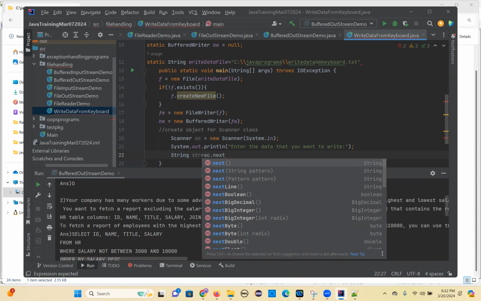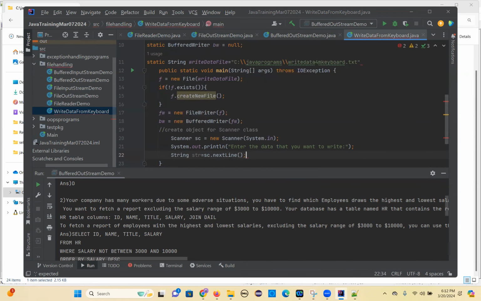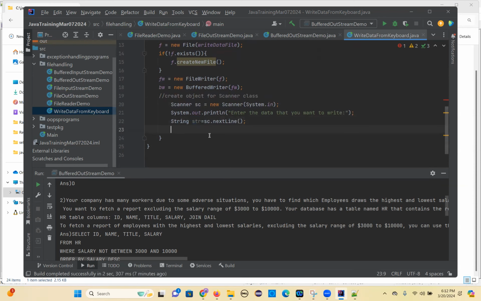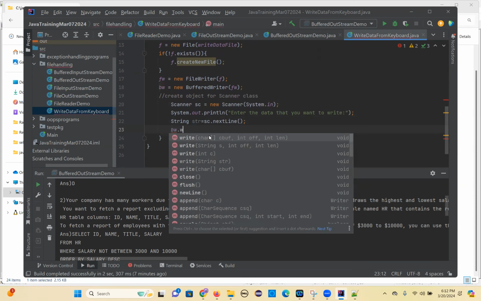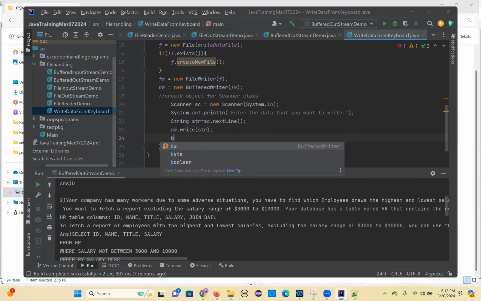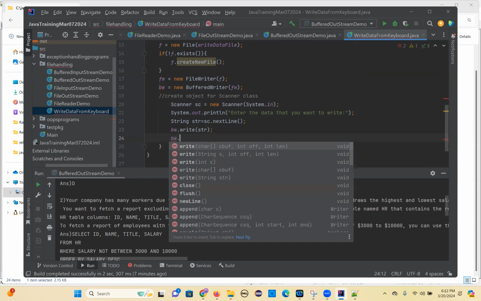There is a next line, there is next. So we'll take the nextLine method. That also returns a string only. Now you got the data here and write it to the file first. So bw dot write str. Then bw dot